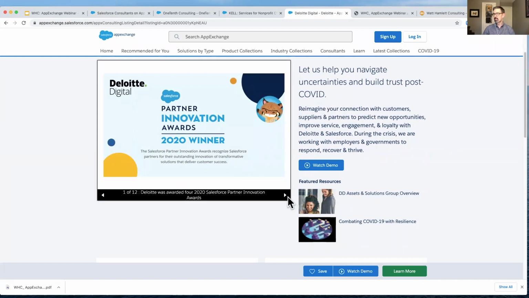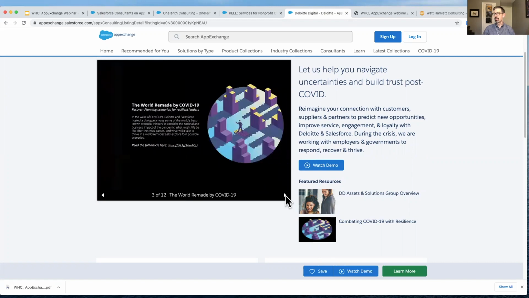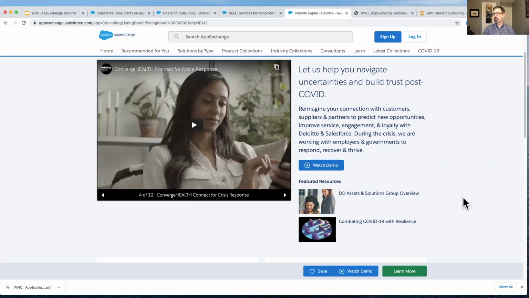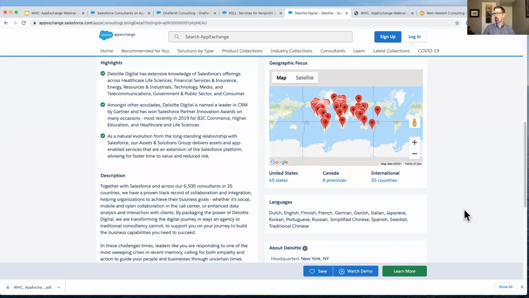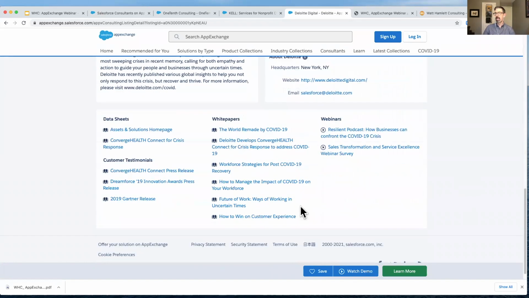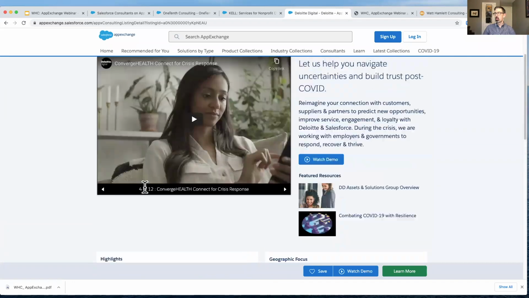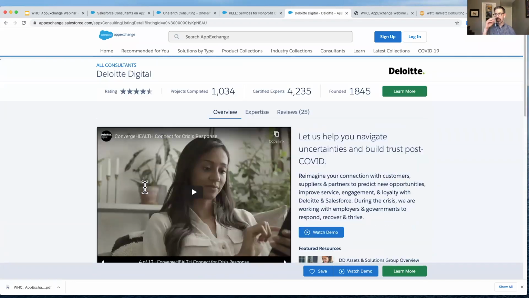They've got some images. They've got some videos embedded here. You can watch a demo. They've got additional information about what the firm does, where they're located, what languages they offer, and then a bunch of resources you can access about the firm. So that's a little bit about what the landing page or the overview page looks like for a consulting